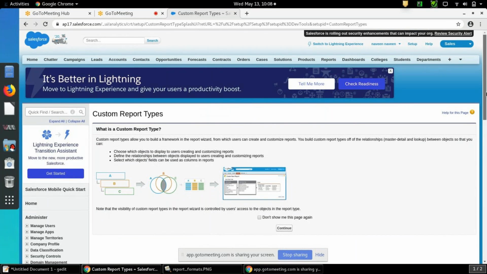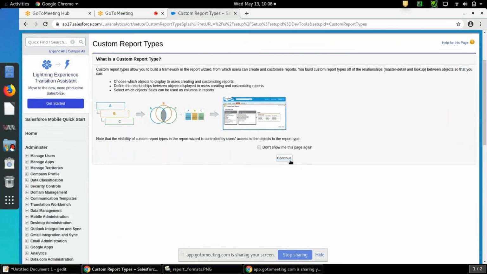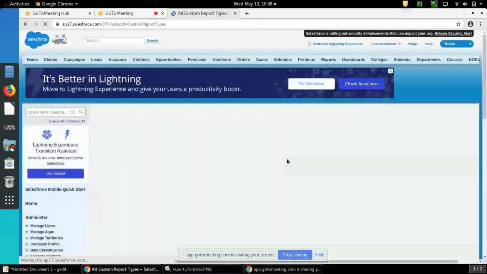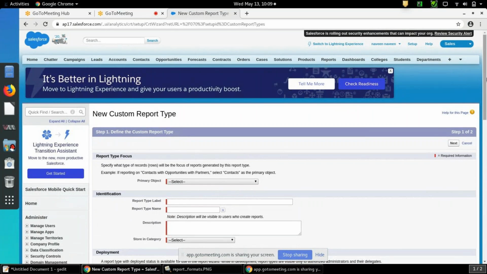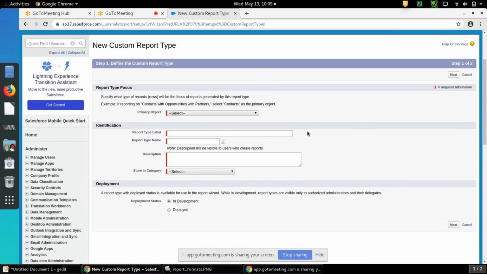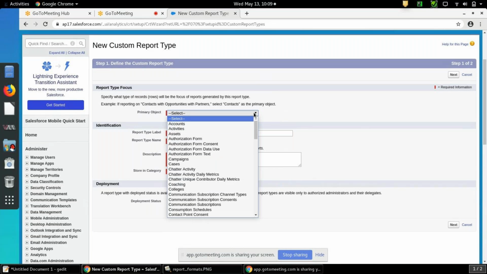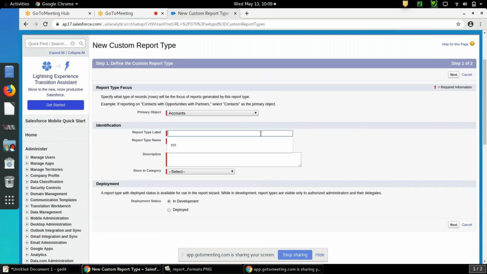I am creating a custom report type. Click on Continue. New custom report type. Which primary object do I need? Select the primary object that you want. I'll select Accounts and label it. Suppose you want to relate accounts and leads.